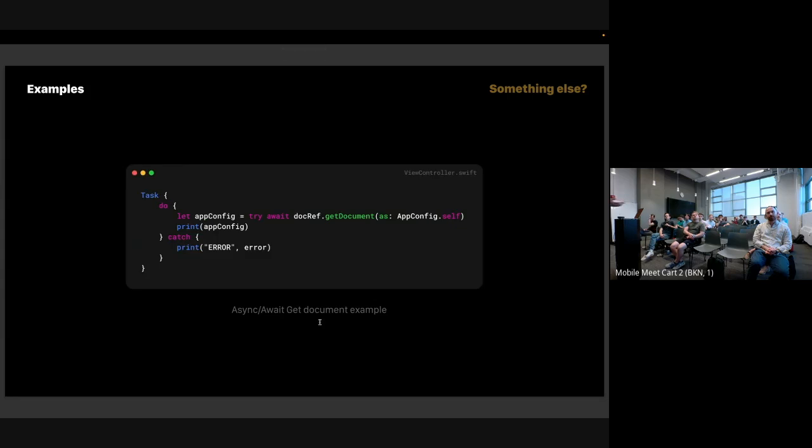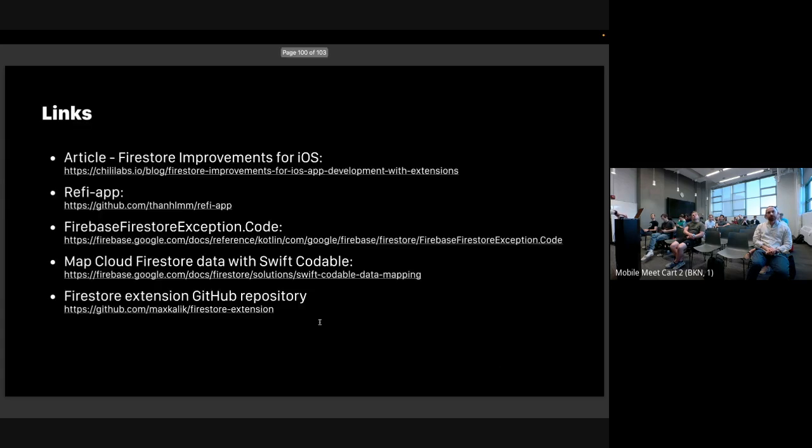And if you are using async await, it could be like this: get document as the expected type of object that you're trying to get from Firestore. So there is a list of links that could be useful for those who are using Firestore. Here I also added the Firestore exception codes. It could be interesting to read about that,